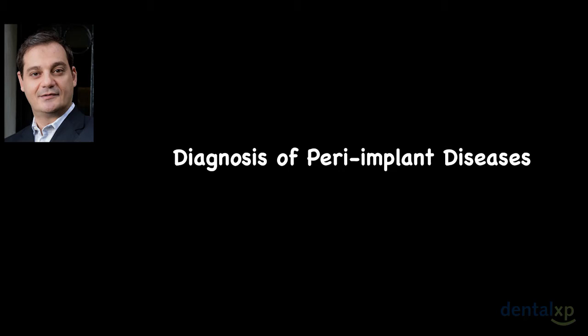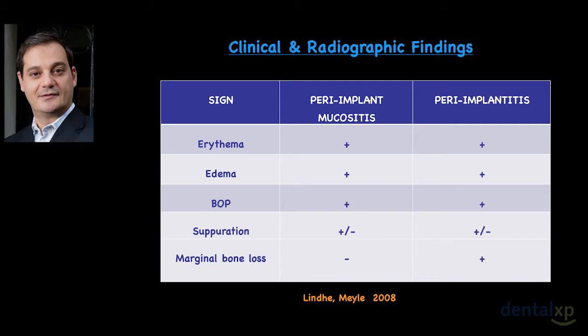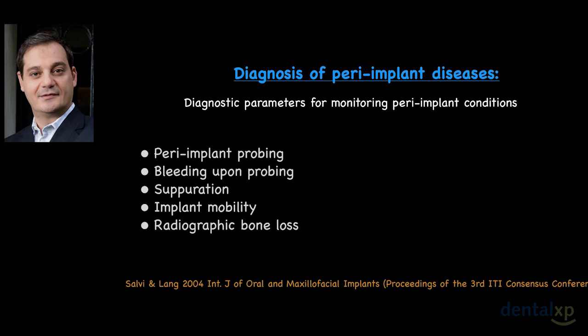Why do I mean by that? Because if you look at most of the studies, this is the most recent one, in 2008, you can see that when they looked at the signs and how they checked for peri-implantitis, they looked at erythema, edema, bleeding upon probing, suppuration, and marginal bone loss. And this is how they defined the differences between both, as we talked about earlier in the definition of the diseases. But the question becomes, how can we diagnose